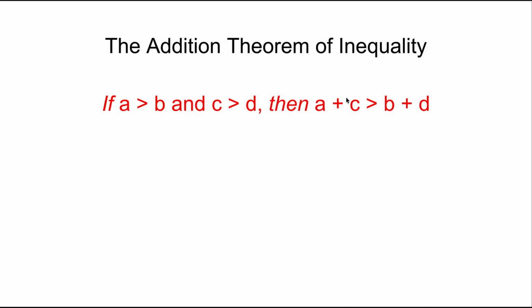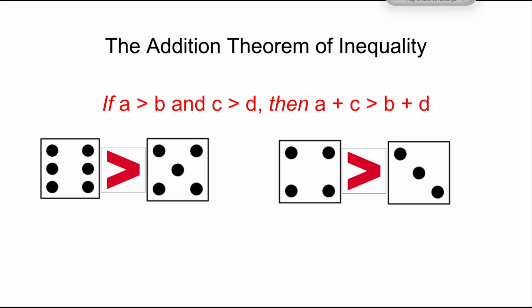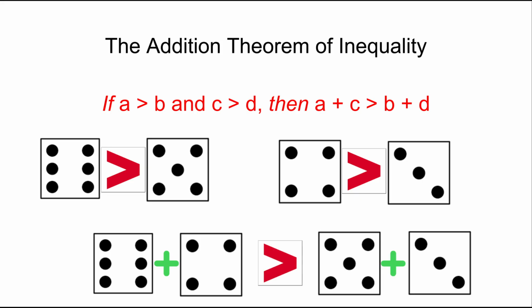And so therefore, the two greater terms are still added together and are going to be greater than the two lesser terms. You can use dice to imagine this. So if A is our 6 and B is our 5, A is greater than B. Then if we have C is 4 and D is 3, we have C is greater than D. 4 is greater than 3. So then if you use those same dice, the A and the C, which is the 6 and the 4, and then the B and the D, which was 5 and 3, that would be 10 is greater than 8,